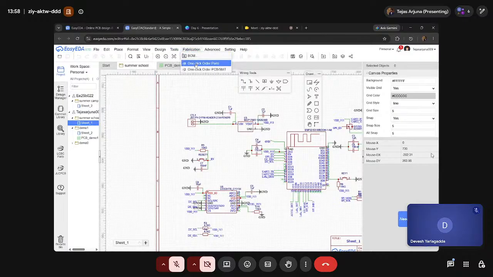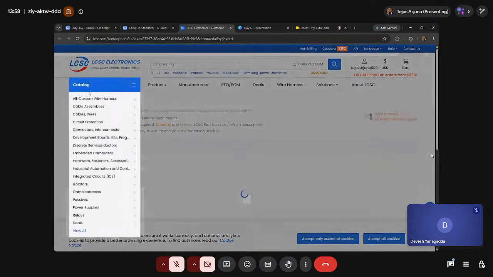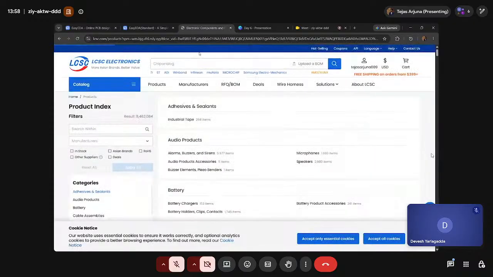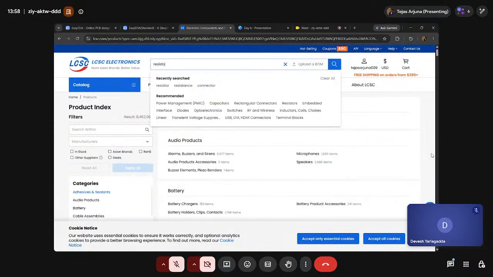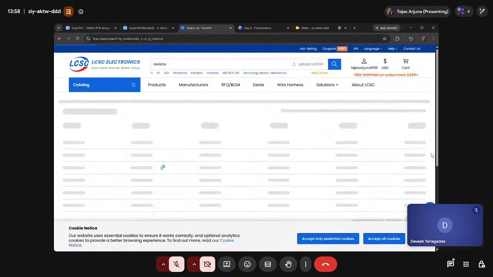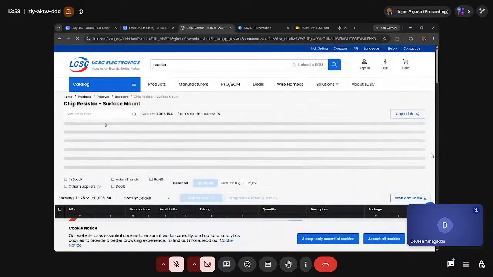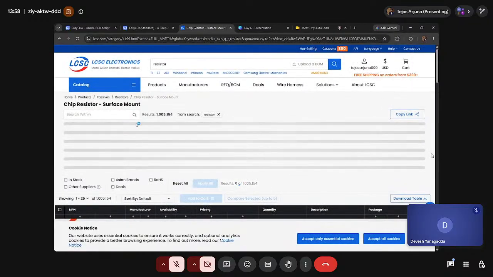And the second thing I wanted to tell is, if you don't know the part model number, etc., you just go to fabrication, one-click order parts, and go to catalog, and if you want a resistor, quick resistor. And these are different types of resistors you want. If you don't know the model number, choose one of these. I want a chip resistor because they are small and space is conserved. And you go inside them